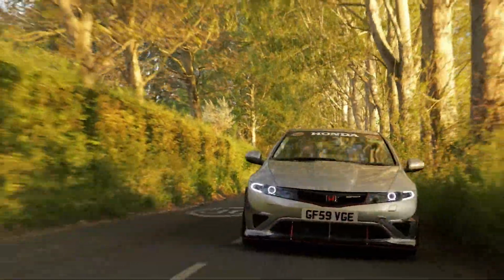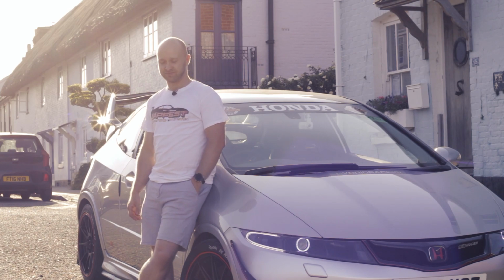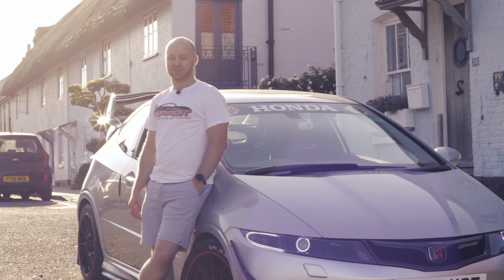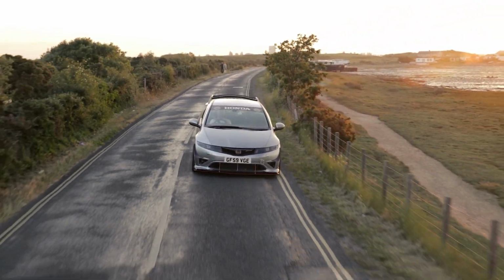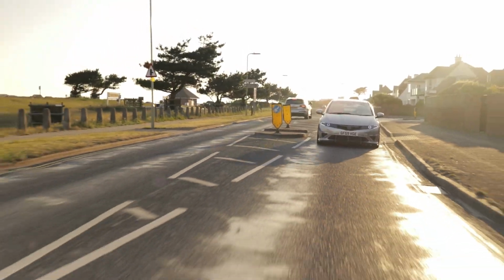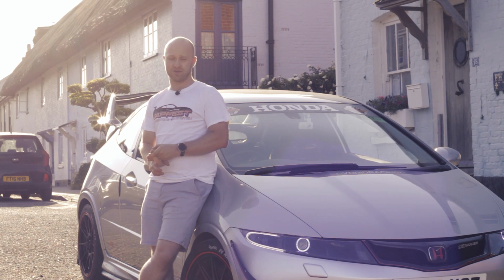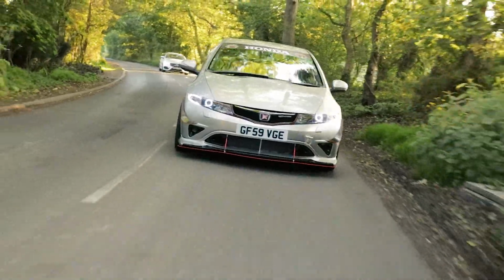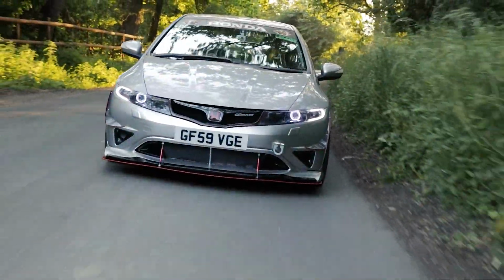This particular Type R is the last of the naturally aspirated 2-litre models, producing 198 horsepower. I've done a lot of work to it since then. So the engine components, all the bolt-ons for naturally aspirated have been completely reworked. I've got a CPL Racing induction kit, an RRC induction manifold, the FD2 throttle body. I've changed to the TDI North cams, so I've even gone to the point of changing the cams over. It's got a CPL Racing DCAT manifold for the exhaust and a custom made 2.5-inch dual exit exhaust on the